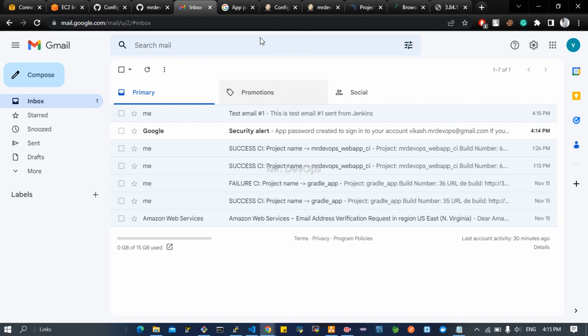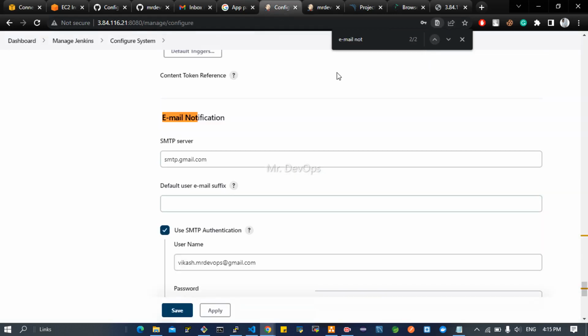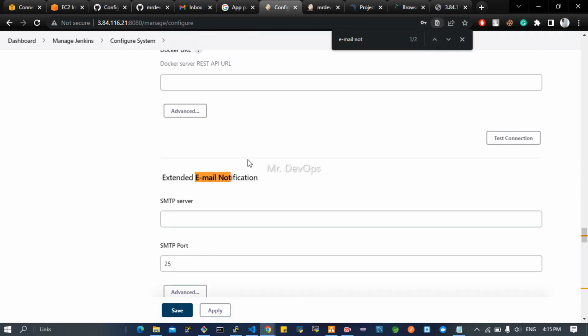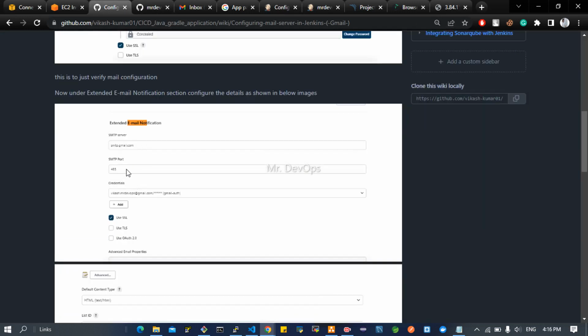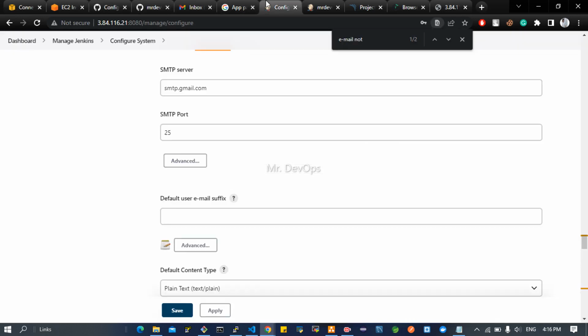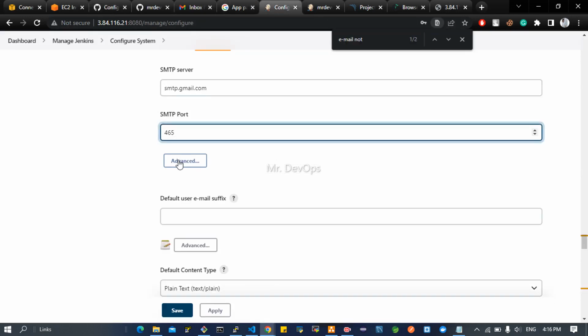Now we want to set some custom alerts, whenever the pipeline is failing or not. So for that I am going to do the configuration. Once this is done, there is the Extended Email notification. Again you have to put smtp.gmail.com, and here you have to provide the SMTP port 465,